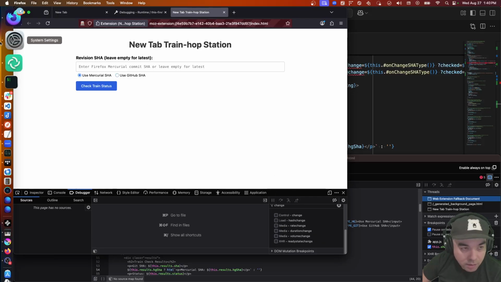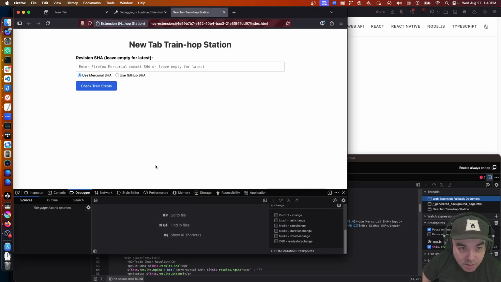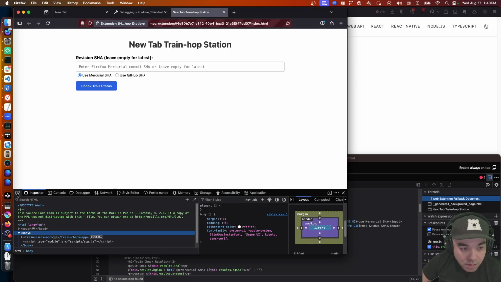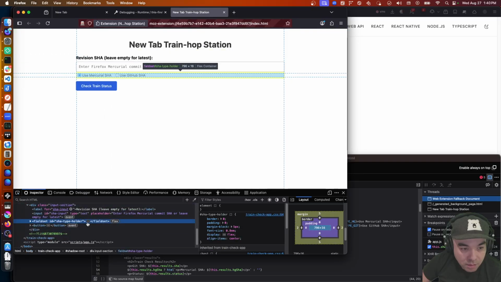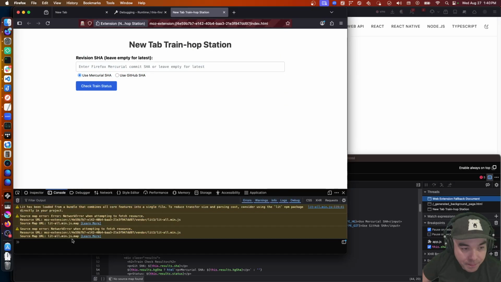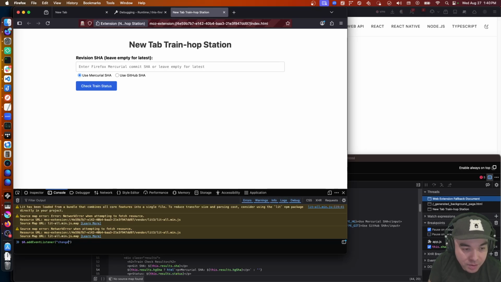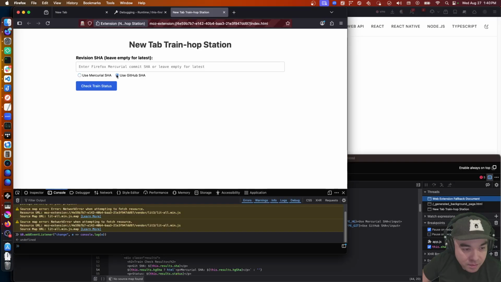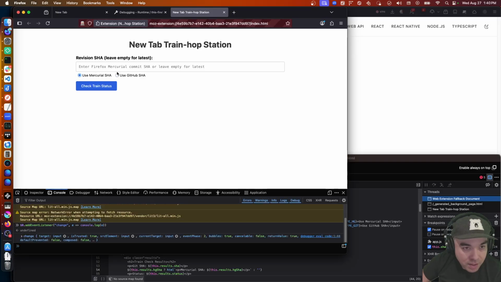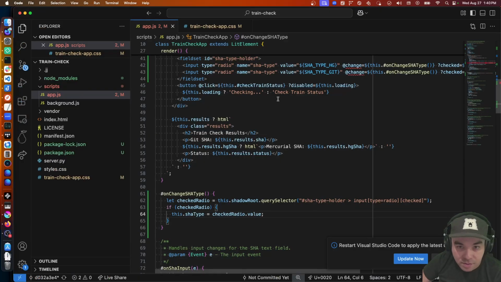Change isn't the right one? Should absolutely be. Add event listener change. What did I miss? Change is only... That one does fire it, so why doesn't